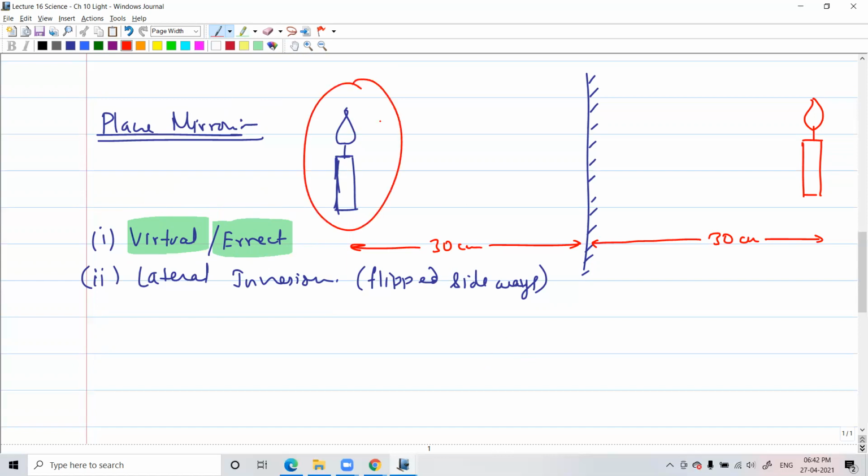See, the image of this candle is the same as it is, upside up, no? It's not upside down. But in some mirrors, when you keep the candle like this, the image may be upside down. The flame of the candle will be showing downward. So this will be an inverted image. So opposite of inverted, the normal straight image, that is what we call an erect image. Okay.